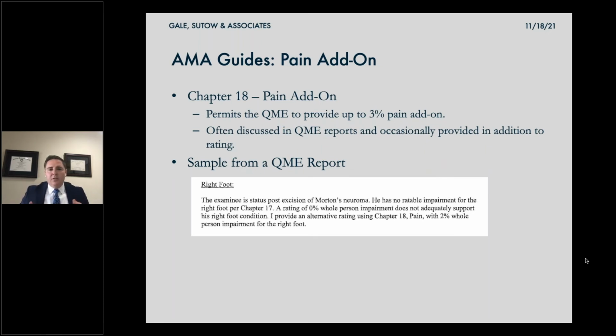Well, the big deal is when you start getting these pain add-ons on conditions, then you have impairment findings and you have future medical findings. You take a case that has no value, and all of a sudden you create value, and all of a sudden you have this attorney who's arguing for maybe a $20,000 settlement on a case that arguably should be a 0% case and maybe shouldn't even have future medical care.